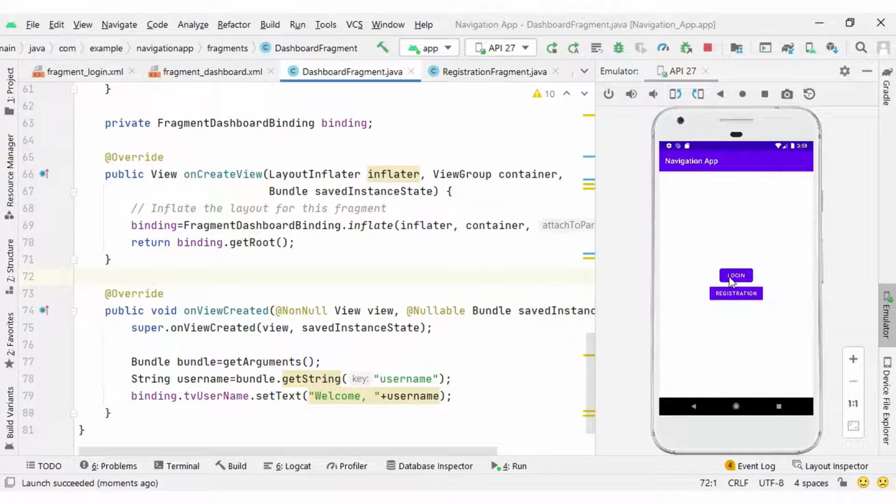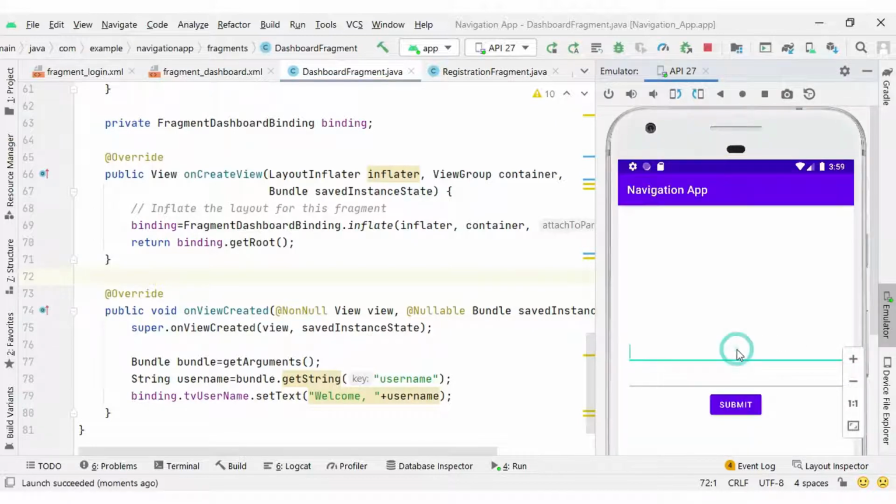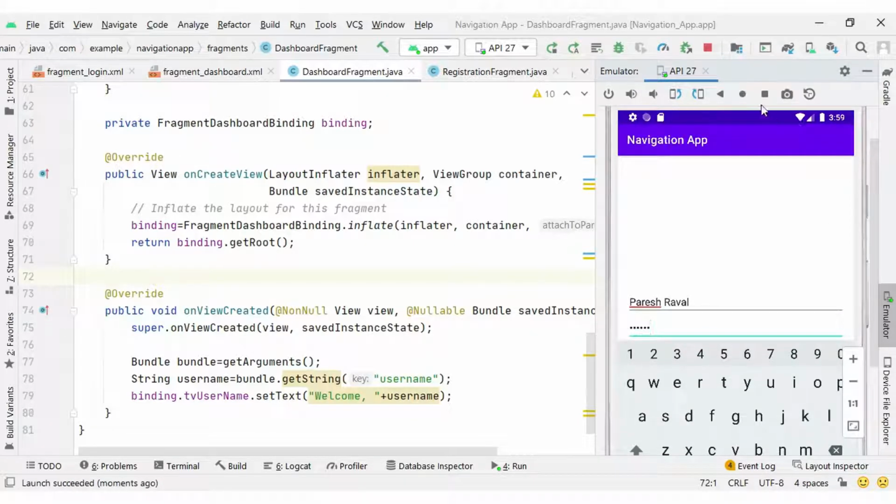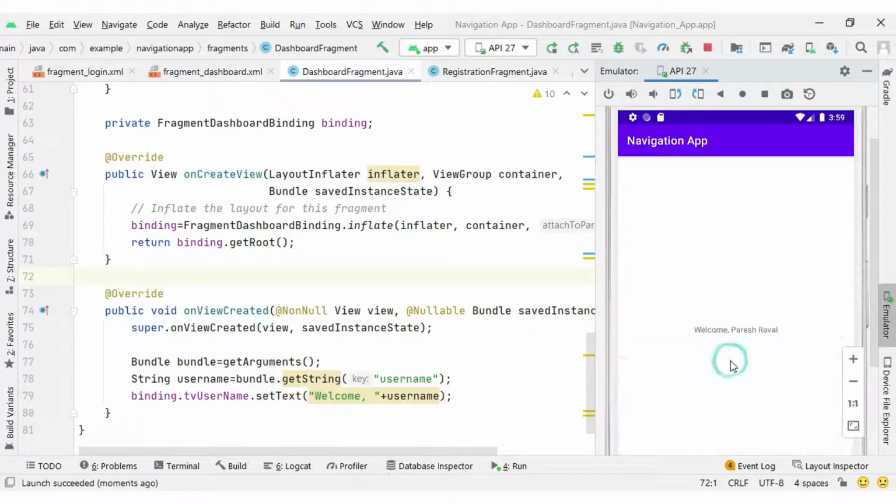If I click on the login button, it will display the login fragment here, in which the first EditText is for username. So here I am going to pass something, username and password, anything I can type, no matter. And if I click on the submit button, you can see the username we have in our dashboard fragment.